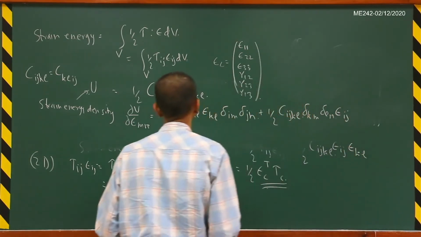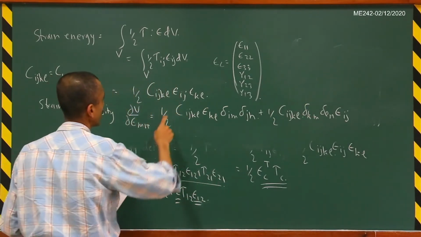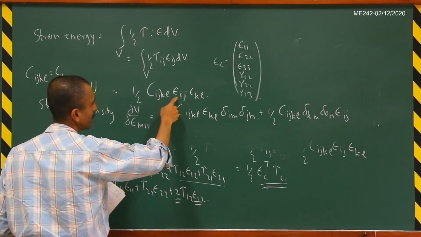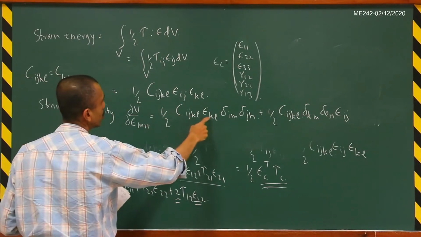Okay, so when you differentiate epsilon_ij with respect to mn, you get